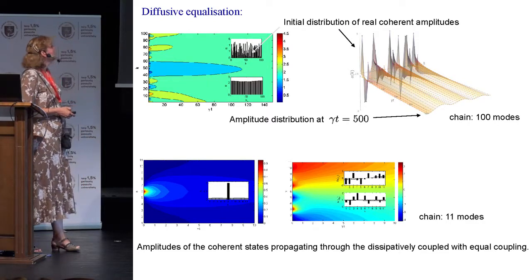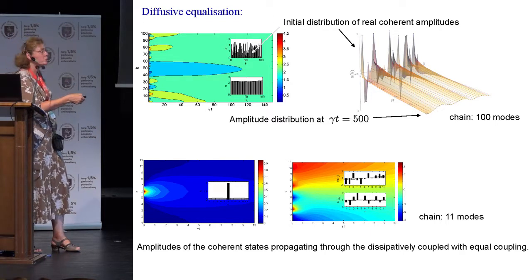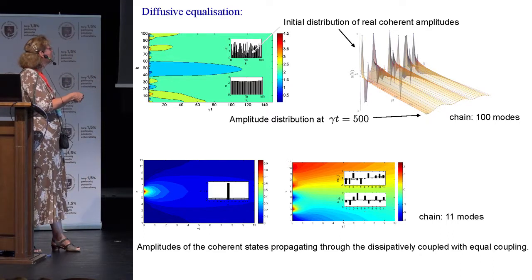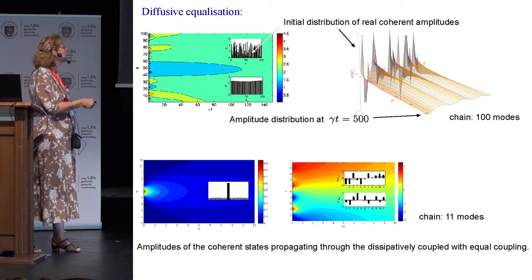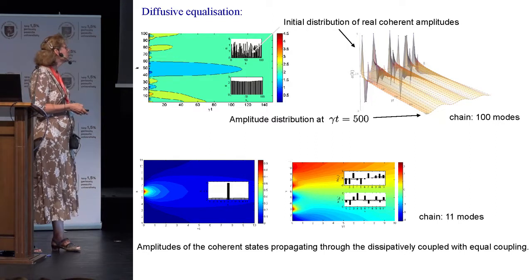So this looks basically like this. If you start with such a type of, depending on how you better read it, like here or here, if I start with this random thing, I get at the output an even distribution if I have enough propagation length. Or if I start with just one waveguide excited like here, I get again a smoothly distributed coherent light over the waveguides. And this is a slight illumination where I have opposite phases and amplitudes and so on.